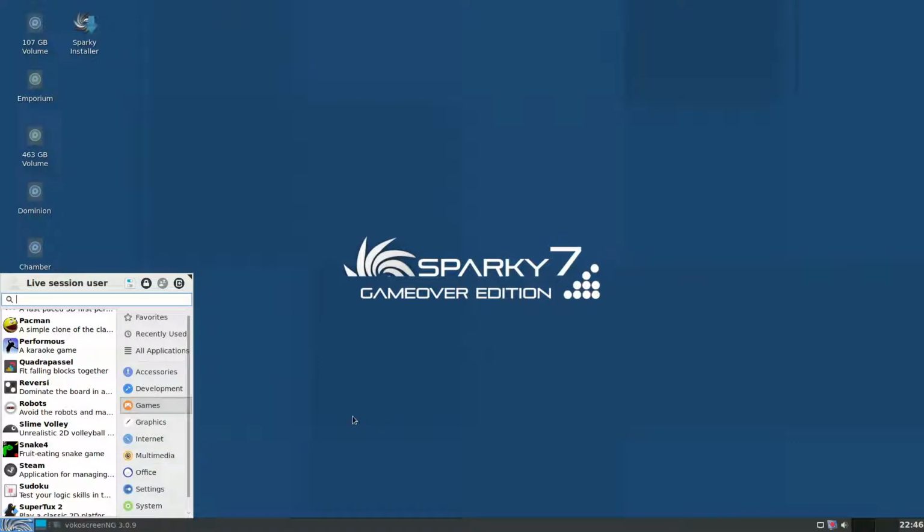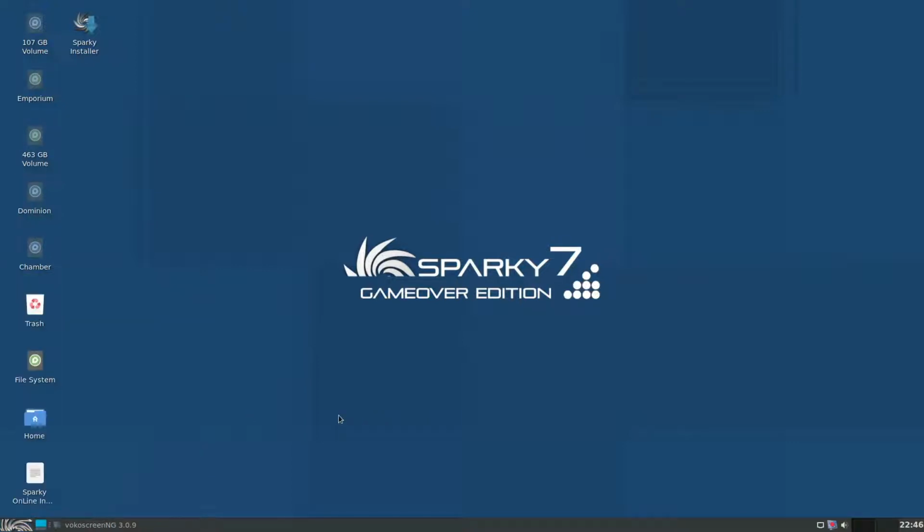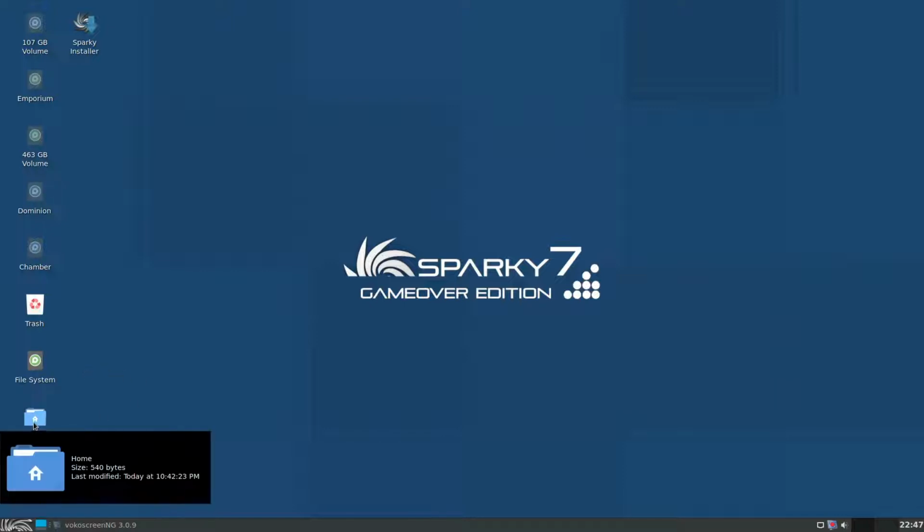It also comes with Steam installed, Wine installed, Lutris, Play on Linux, but we're not going to discuss all of that. I'm going to just try to play a game here off of my Dominion partition right here that's not yet mounted. And I am running this on a USB drive that I just burnt the